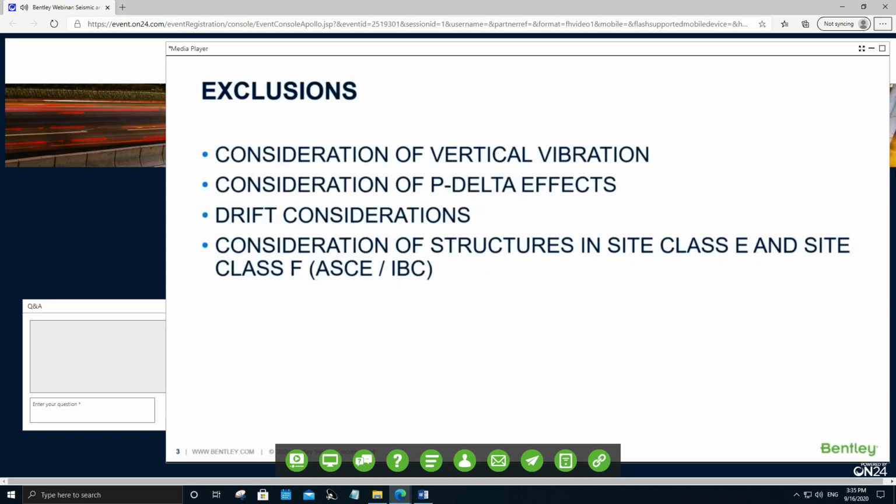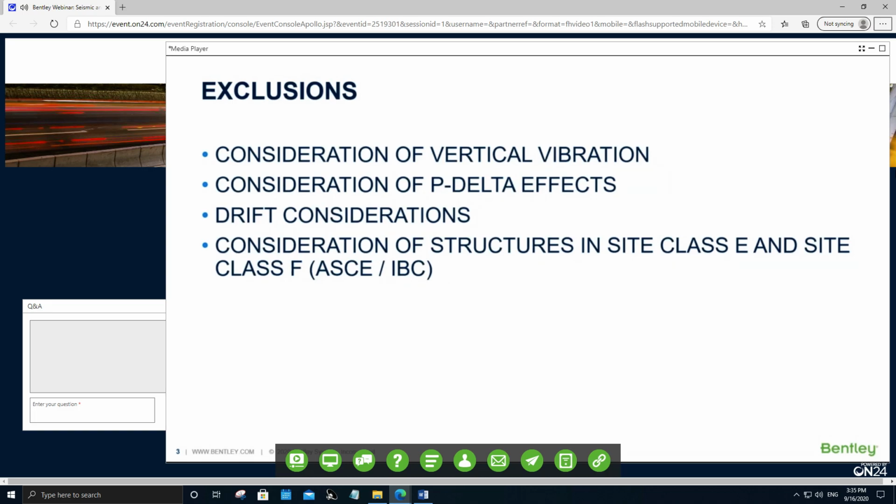Number 1, we are not considering the effect of vertical vibration. Number 2, we are not considering the P-delta effects in a response spectrum analysis. Number 3, we are not discussing the estimation of the drifts due to seismic motions. And finally, number 4, we will not be considering the structures that are located in site class E and site